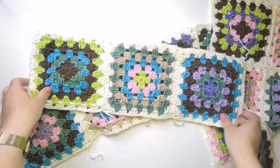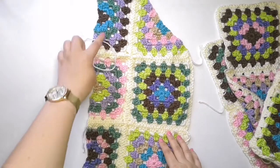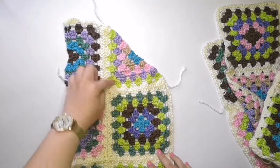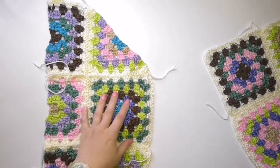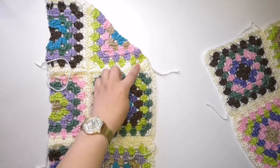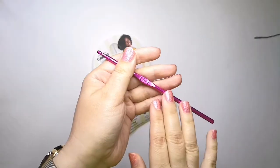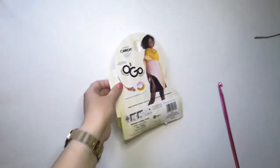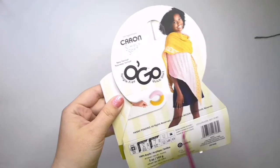I've already made 2 sleeves, 6 granny squares for each, 1 front, 3 half squares, 2 squares and 1 triangle. And now I will need to make the second front. I will use crochet hook 4.5 millimeters, yarn Caron Simply Soft O'Go,